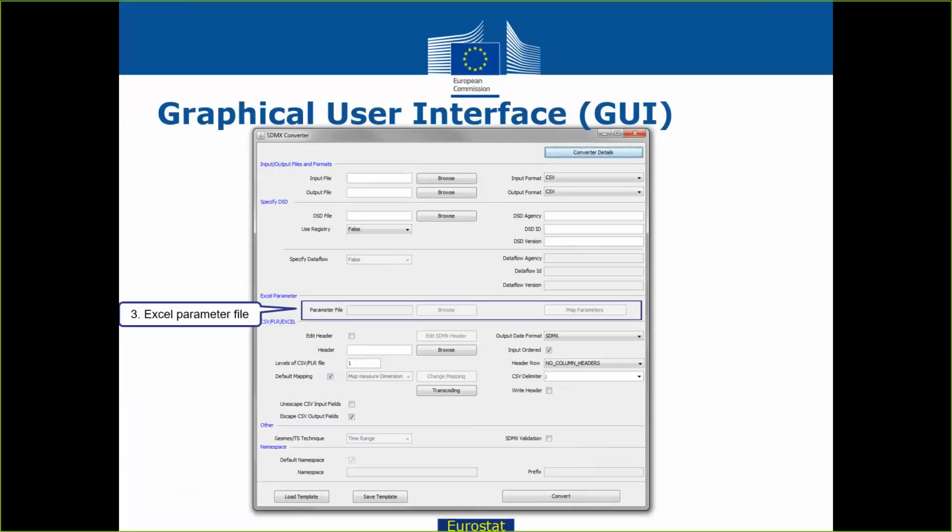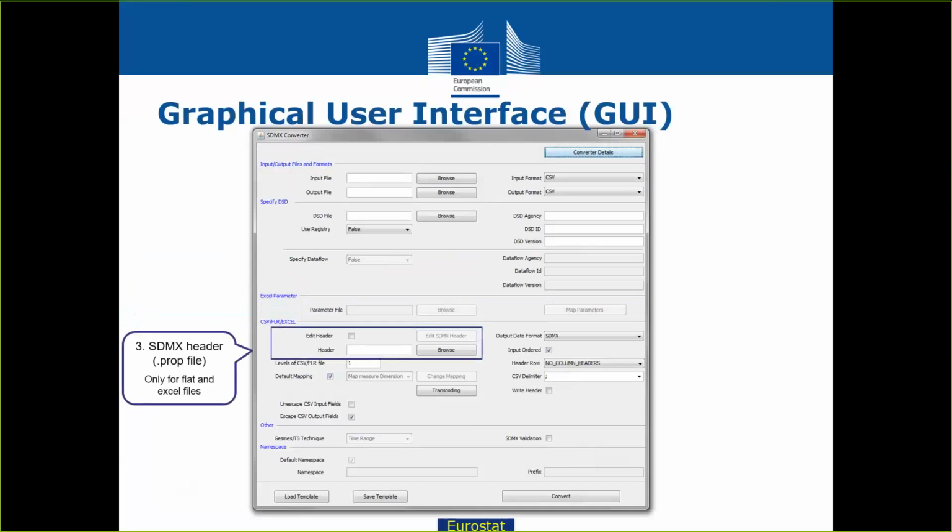Then the header. So there are two headers, and there is a specific slide on this, but just briefly to mention that SDMX uses the XML message, and in the SDMX XML message, you have a header. This is a prerequisite. So every SDMX XML has a header, and that header, if we are, for instance,